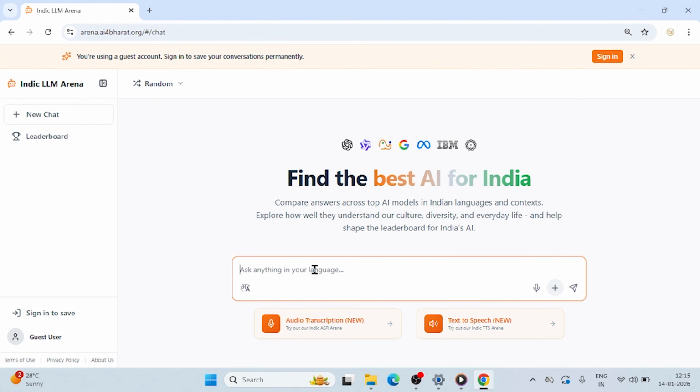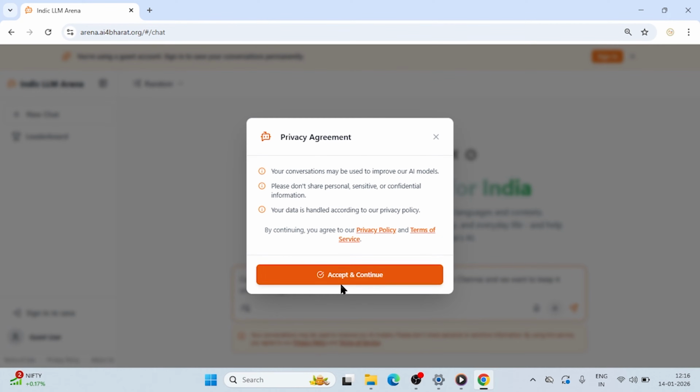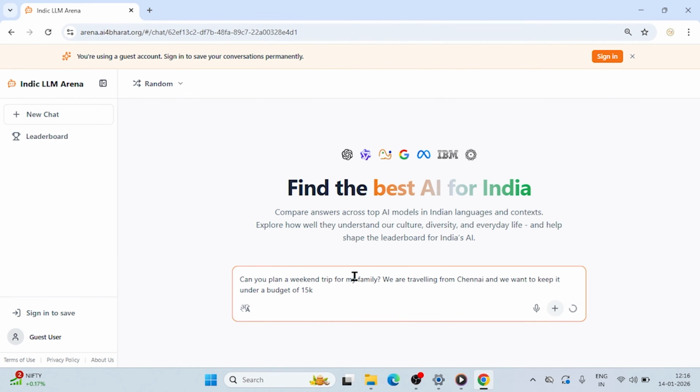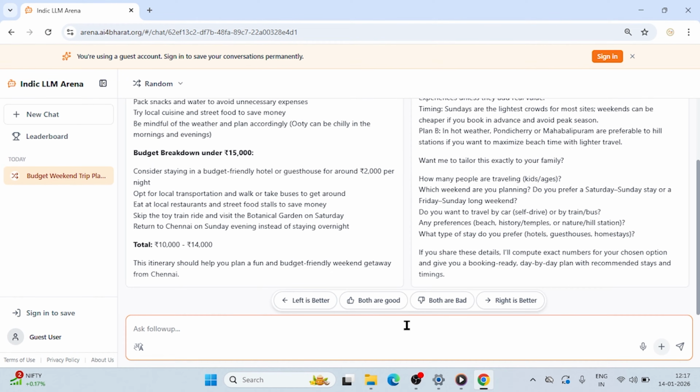It will be better to imagine a scenario first. In this case, I am someone who wants to plan a weekend trip for my family. So I can enter a prompt like, can you plan a weekend trip for my family? We are traveling from Chennai and we want to keep it under a budget of 15k. When I click enter, I can see responses from two different models. I can read both the outputs and then ask a follow-up question like,